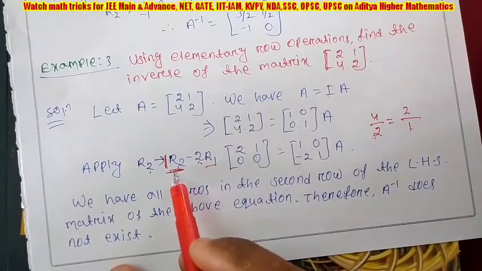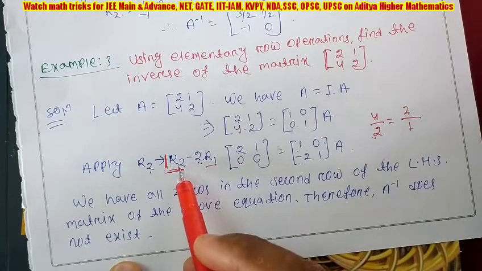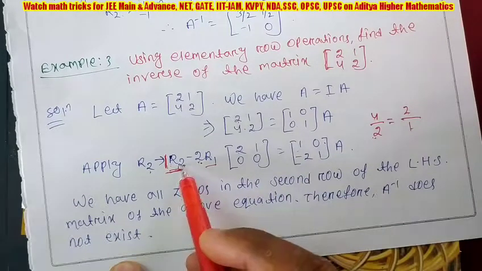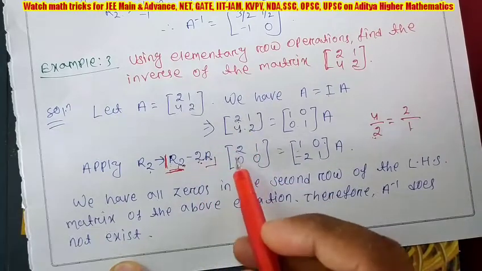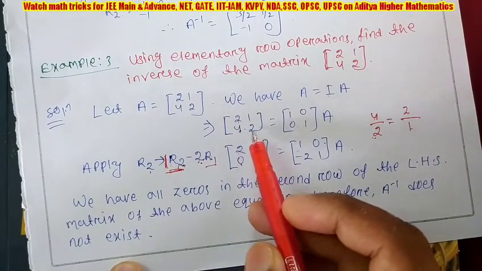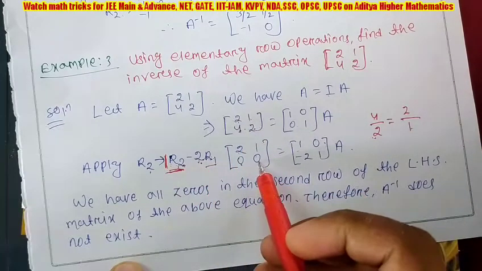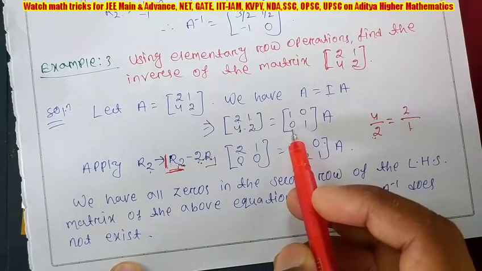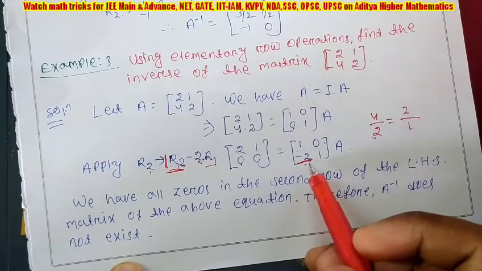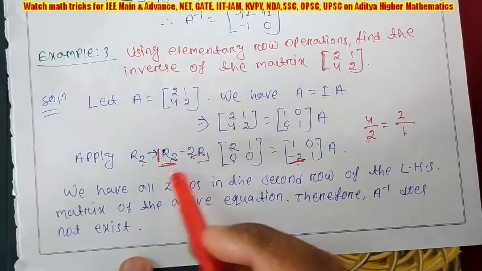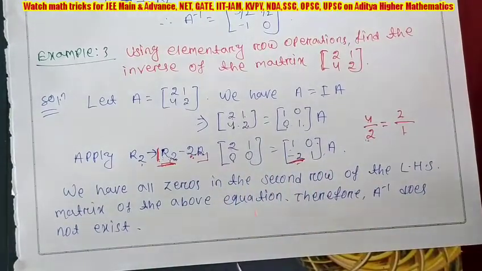So now we will apply this in R2. But in R1 we have to write the same thing, 2 1 1 0 only. Now apply. R2 changes to 4 minus 2 into its corresponding element 2. 4 minus 2 into 2, 4, is 0. Then R2 is 2, R1 is 1. 2 minus 2 into 1, 2, is 0. Here R2 element is 0 and 2 minus 1, 0 minus 2 is minus 2. Understood how we got this? Next R2 element is 1 and R1 is 0, so 1 minus 2.